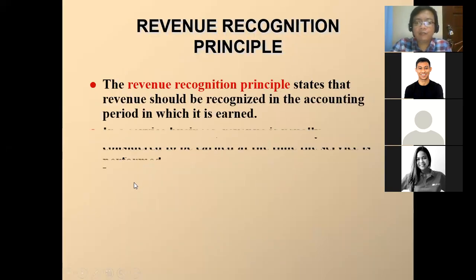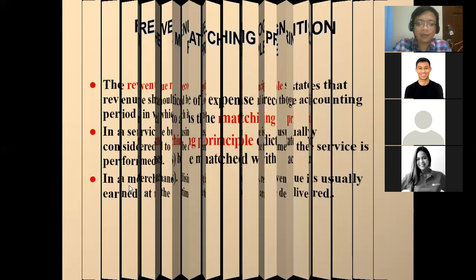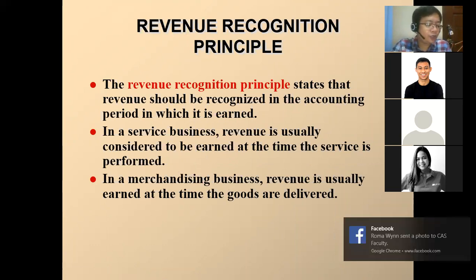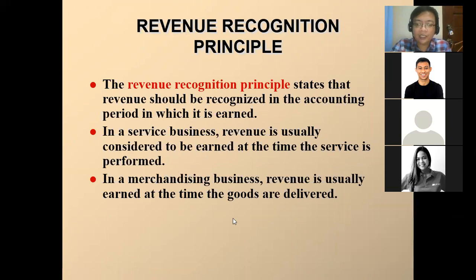How do we recognize revenue again? I think I already mentioned this earlier, right? For services, revenue is earned at the time the services are already performed. What else? For merchandising, when there is a delivery of goods. Okay? So it is now part of your revenue,